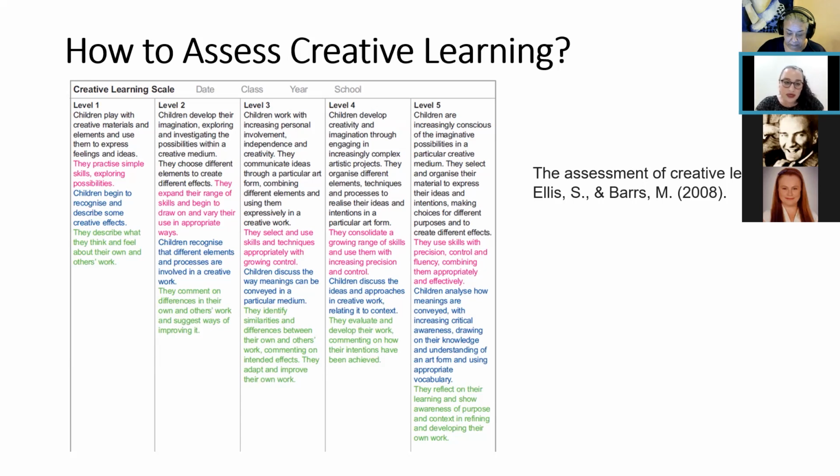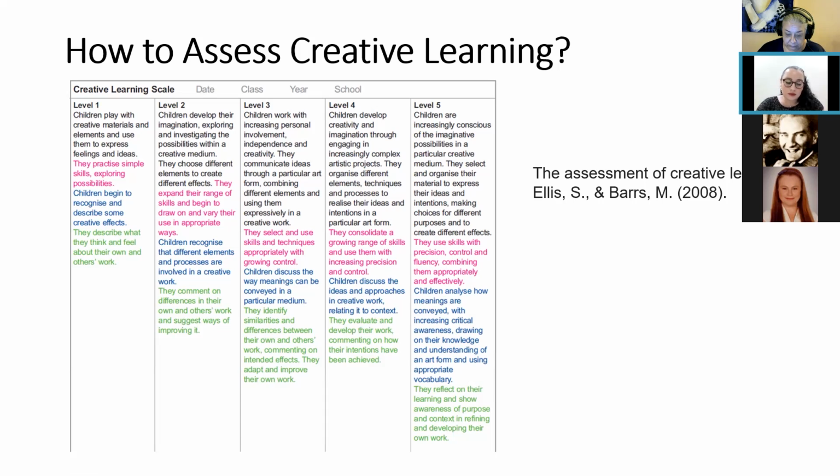They developed this generic rubric and an observation form to informally assess creative learning. The black parts in the rubric have been developed by the Centre for Literacy in Primary Education in the United Kingdom. This was further developed by Ellis and Bars, and as you see, there are some colorful parts in the checklist.